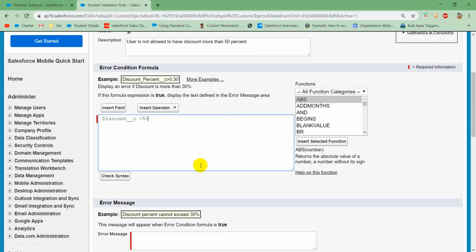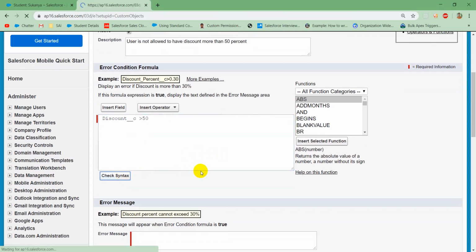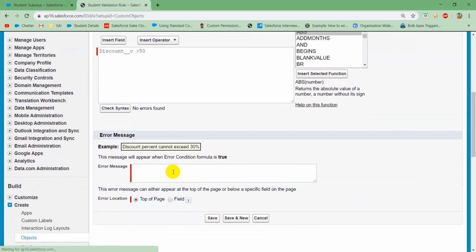Okay. Now it should throw the error. Discount should be